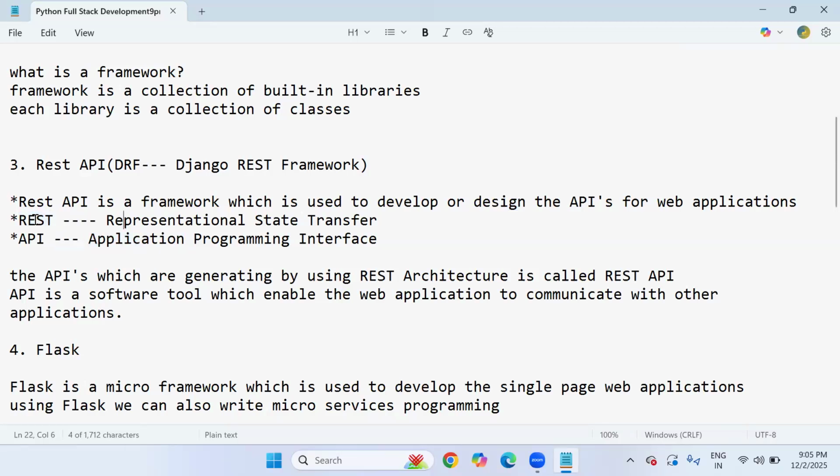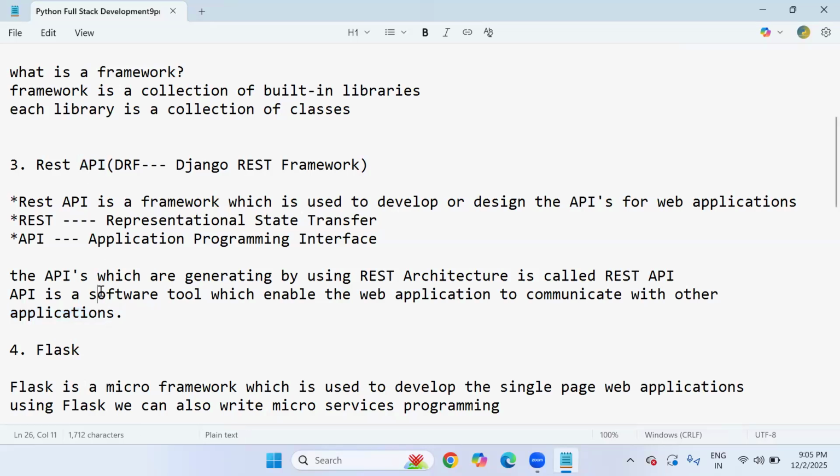REST stands for representational state transfer. An API is a software tool which enables the web application to communicate with other applications. So after completing a Django web application, if you want your web application to interact with other applications,